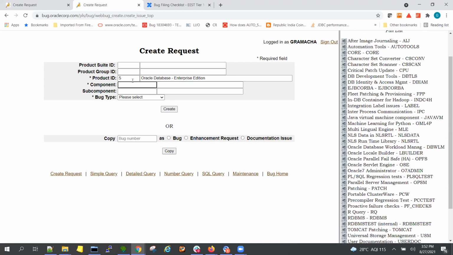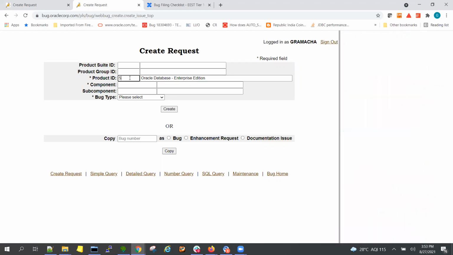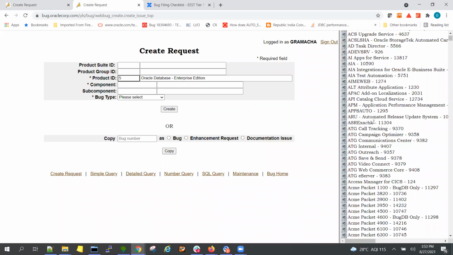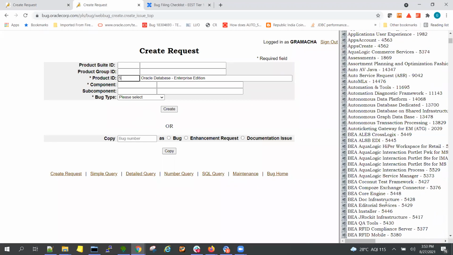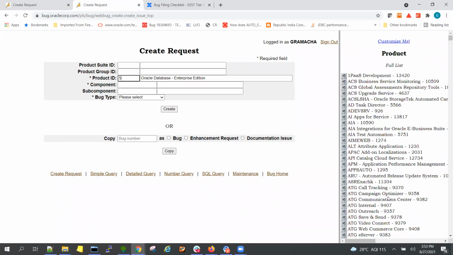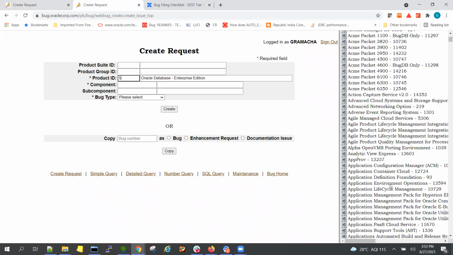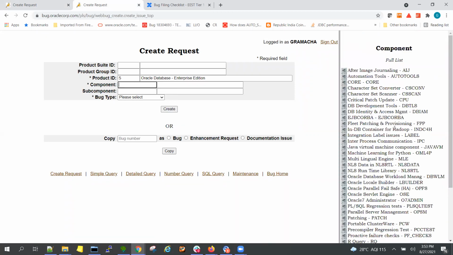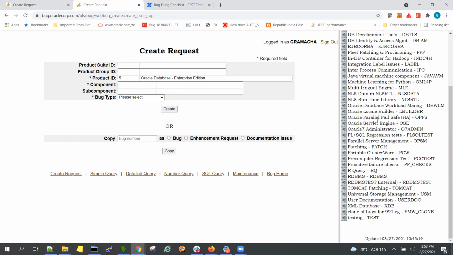Here I'm talking about product code 5. Before that we have different product codes for all the application stacks and database stacks. We are filtering with 5, and under this we have these components. This component and the SR component totally differ, so don't confuse them.